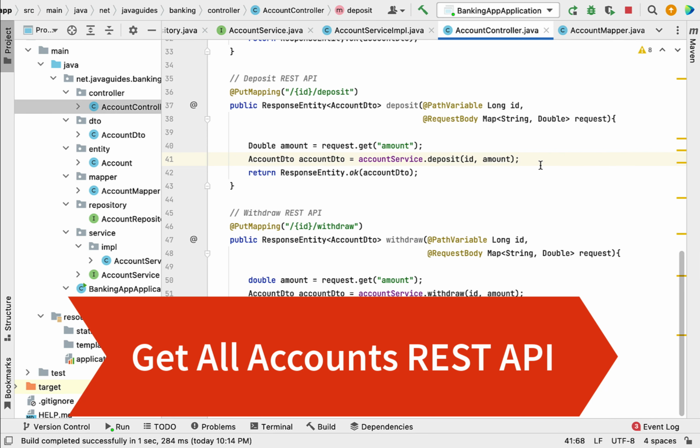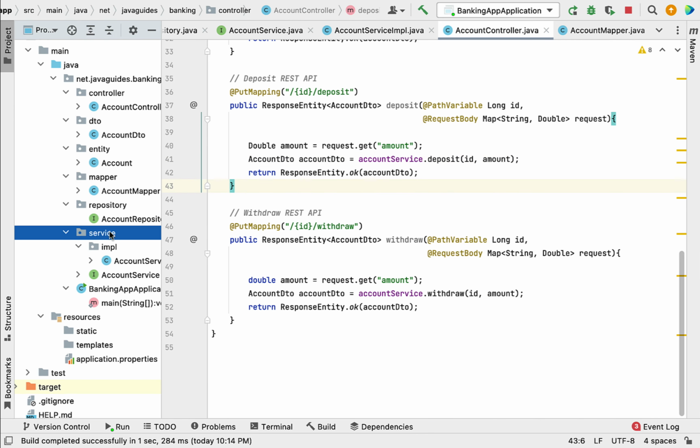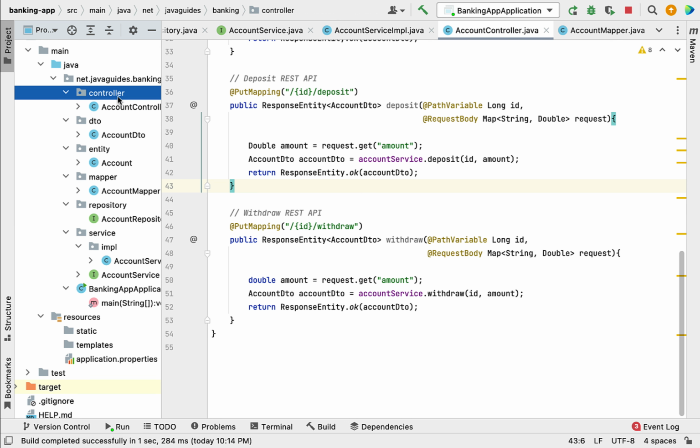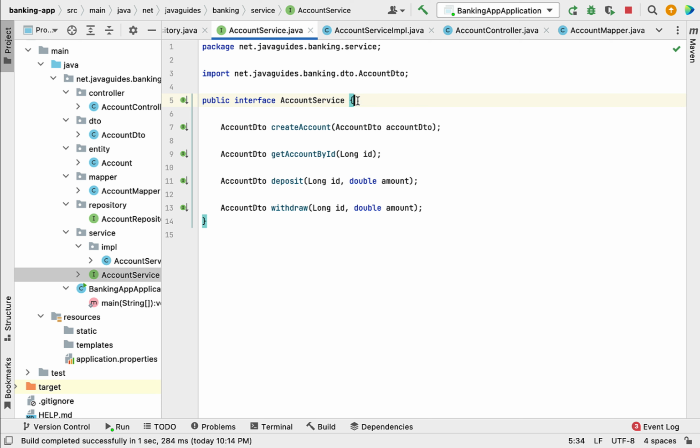Next, let us build get all accounts REST API. Well, first we'll change the service layer and then we'll change the controller layer, because controller layer depends on service layer. So let us head over to account service interface over here, and within this interface let us declare a